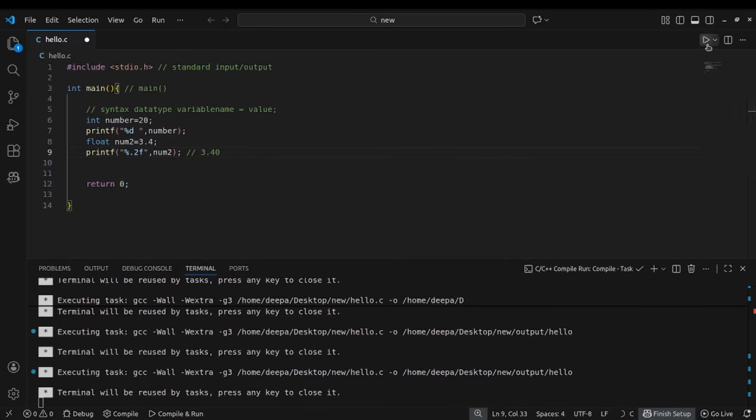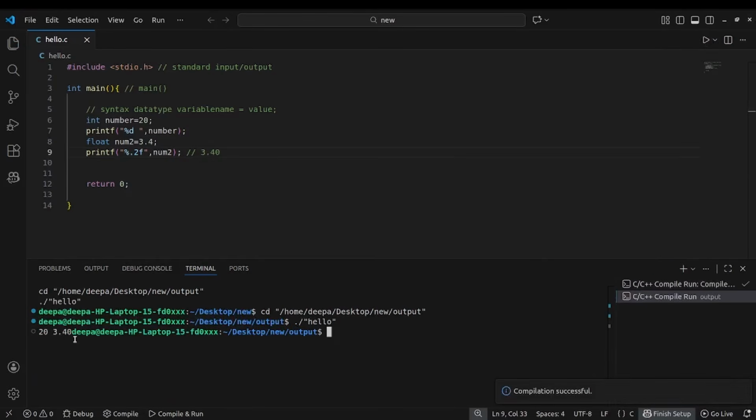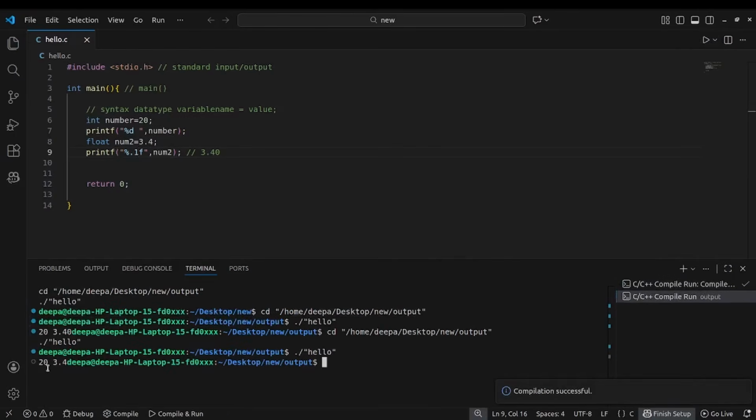Okay, we will print this. So see, we have got 20, our integer value, and we have got 3.40. What if I want only one digit? Then we will say .1, and it will print 3.4 only, right? I hope you understood. Now we are going to declare one char variable, that is char ch equal to,